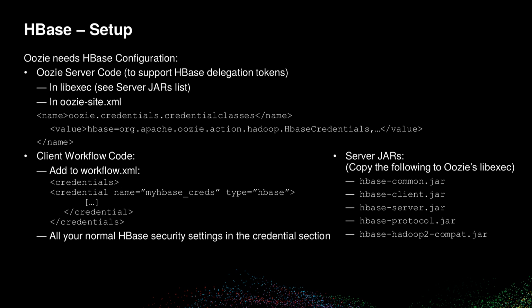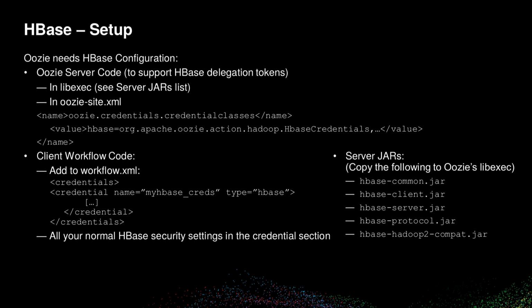The Oozie server needs some various bits here. In your libexec directory, basically where the Oozie server gets all of its libraries, you have to dump a bunch of jars in from the HBase project. They're just listed here. The slides will be online, but you've got to set those up. And then in the case of a currently existing Oozie, you've got to rebuild your war. There's a nice little shell script for that.